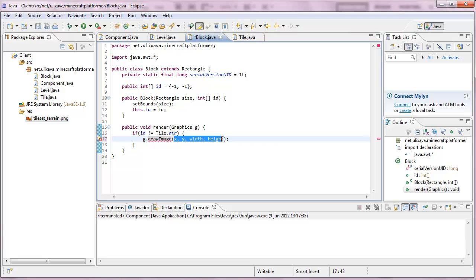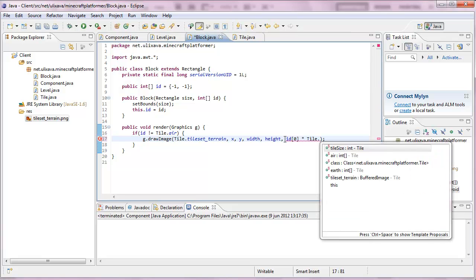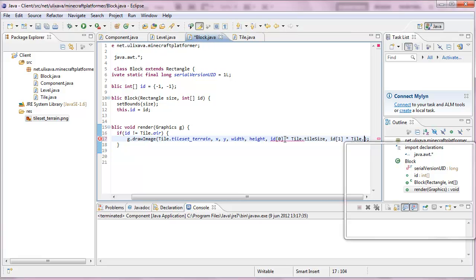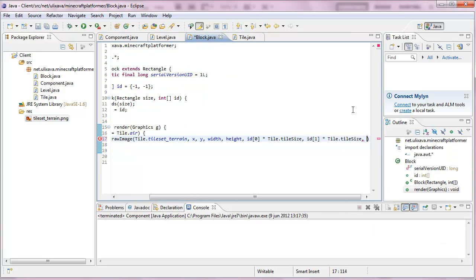Before these coordinates here, when I have tileset terrain, when I have these coordinates here, when I have id 0 times tile.tileSize, id 1 times tile.tileSize, and then since these are using